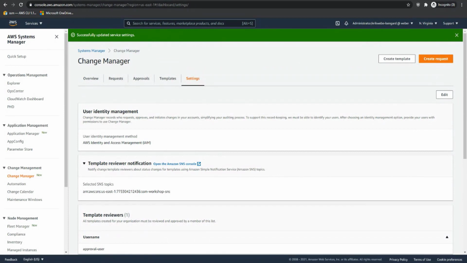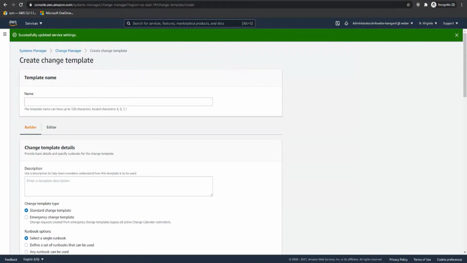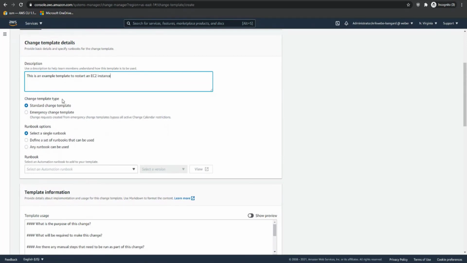So now that we configured Change Manager, we'll next create a change template. In here, we're going to be specifying our template name. So in this case, the example that we're going to be working with is just restarting our EC2 instances as part of a change request. So I'm going to fill out restart instance template. In here, you can specify a description optionally, and then choosing the template type. So we'll be selecting standard template, but again, you can always specify emergency change template, which would then bypass any